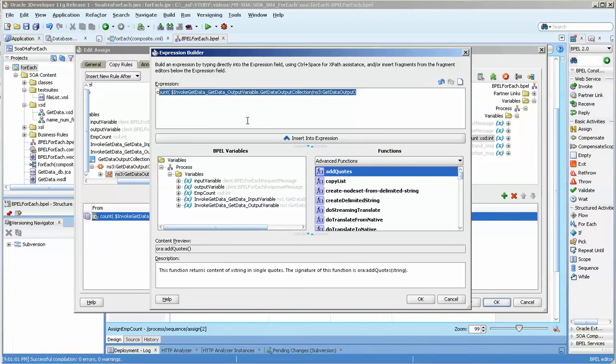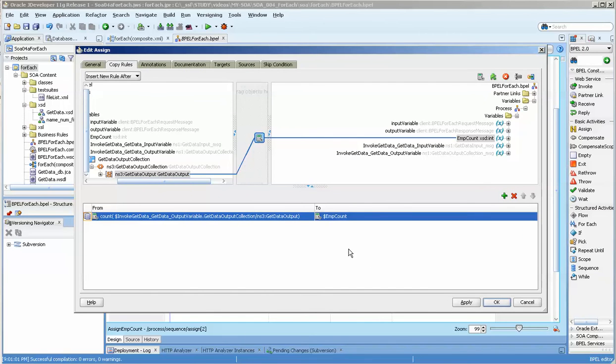And the nice thing about BPEL 2.0 is it gives a little bit more variable-like look to it. It doesn't have just the backslash, which often looks like a divide symbol, but actually looks like a variable symbol. So that's a little nicer to work with. And